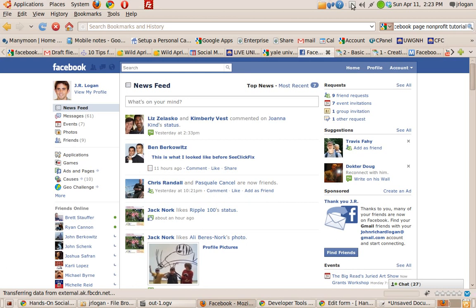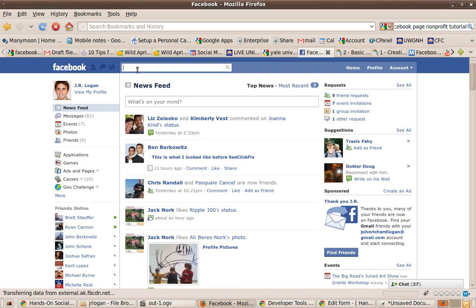Let's go through a couple of the basics of administering your Facebook page. The first thing that you'll get once you've created a page and you're coming back or returning to it is that you'll log in, you'll go in your account, and you won't immediately see where the page is. You can either directly navigate to that page, you can use the search to find the page if you start typing, or you'll commonly have added a link on the side that may have a little flag and say pages,